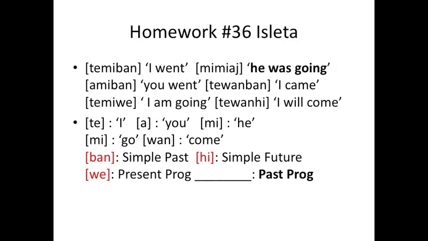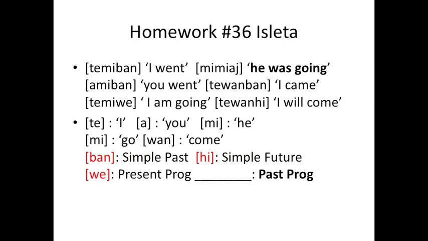Okay, so last of all, we have the past progressive. We look for examples that have the auxiliary in our English gloss as having the past tense, and then our verb should have the -ing marking the progressive aspect. So we look for examples of that, and we see that we have one example that glosses to "he was going." "Was" is in the past, and then -ing on "go" makes the progressive.